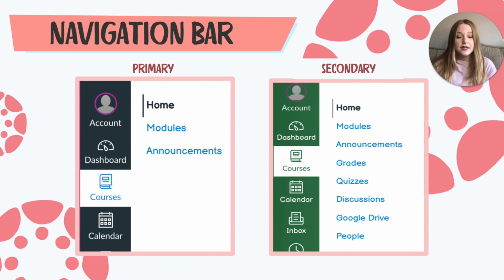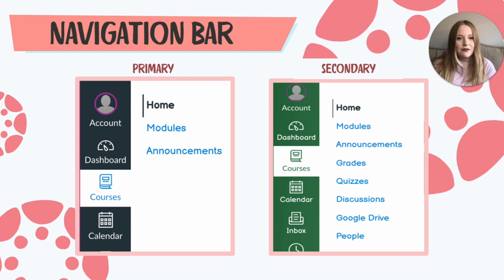Another thing to keep in mind with your homepage or just your course in general is the navigation bar. So having minimal navigation options, meaning for primary, just making it maybe 3 is super important, like home, modules, announcements. Secondary is able to have a few more because they tend to do a bit more within Canvas. So, besides having home, modules, announcements, maybe they can look at their grades and review what assignments they're missing within